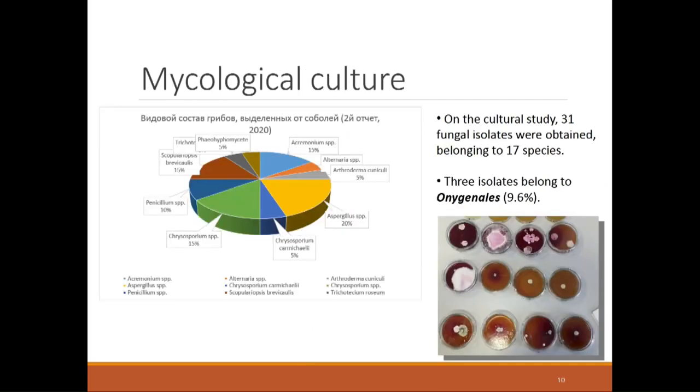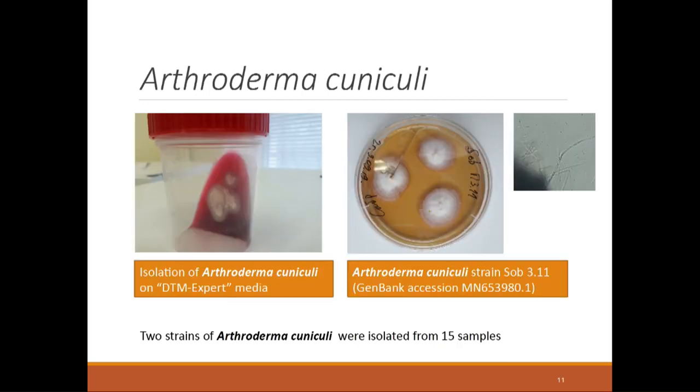Well, now let's take a look at brief results of mycological culture. Overall, 31 fungal cultures were isolated from 15 samples, and only 3 cultures belonged to order Onygenales. Next, please. Well, 2 of the isolated Onygenalean fungi revealed the closest homology to Arthroderma cuniculi, and you can see this culture on